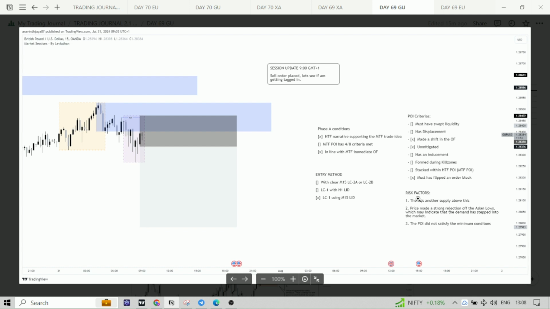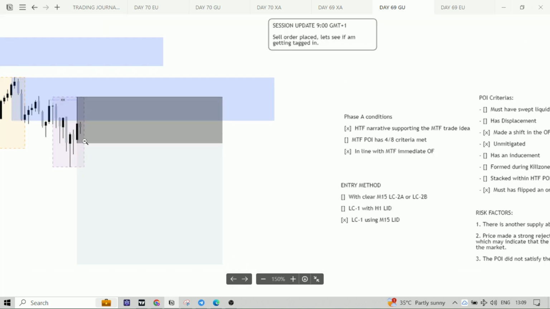So yeah, three risk factors: supply above, strong rejection of the Asia, and the POI didn't satisfy all the criteria. But it is almost satisfying my medium probability criteria. So fine, I was fine with it. I'm just going to enter the trade. I entered, placed my stop loss above, my stop order here,